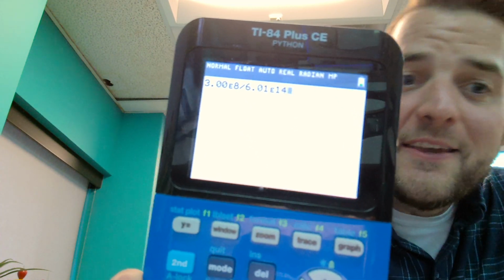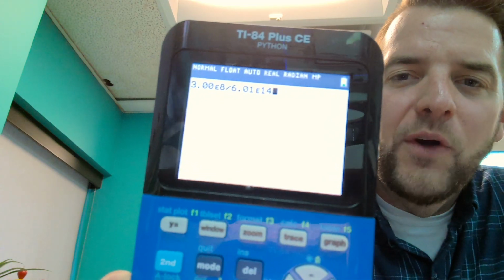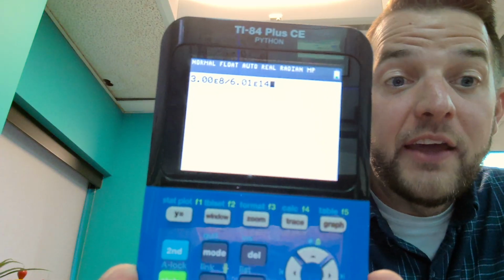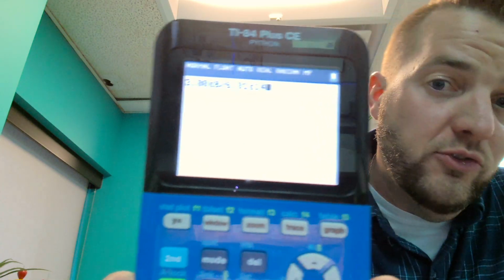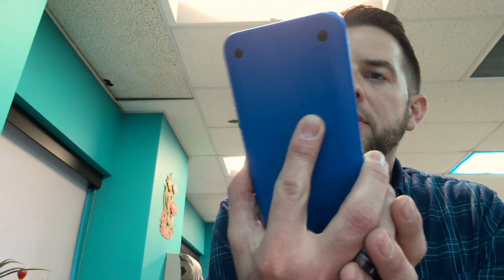Be careful with the E function. It is good to use it. However, some people are putting times E, and what that does is add an extra times 10. So the E basically stands for exponent. You put in the base, and then you just put straight to the exponent, and your calculator knows what it's doing, okay? So when I run that calculation,